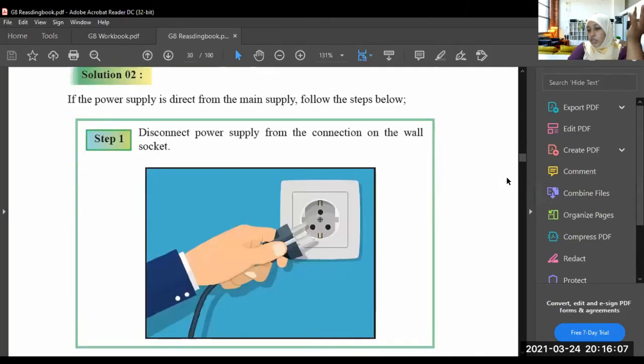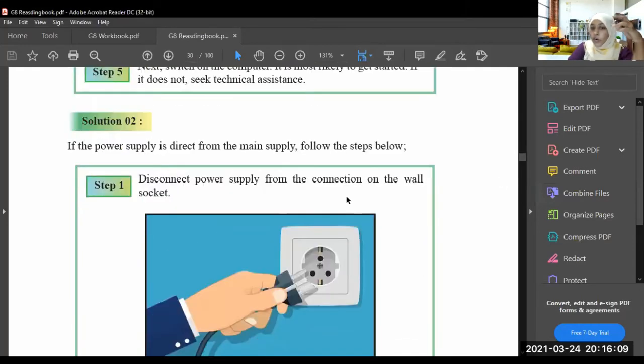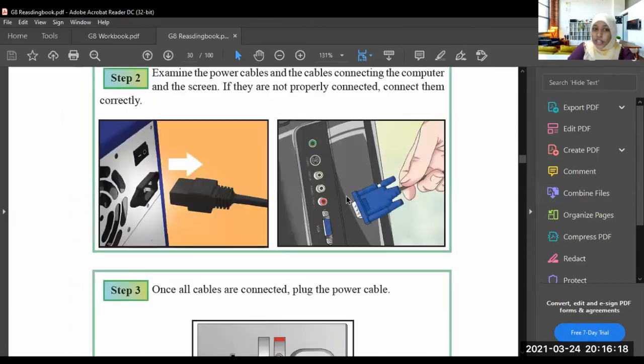The second solution: if your computer is directly connected to the power supply without a UPS, then remove the connection from the wall socket and check whether the system unit's power cable is connected properly and the VGA port of the monitor is connected properly.